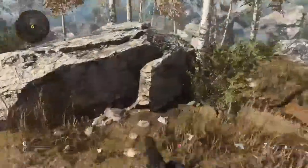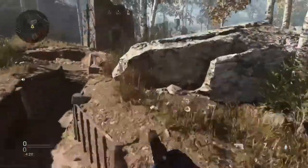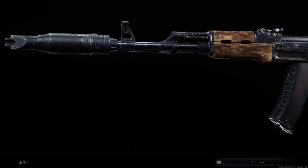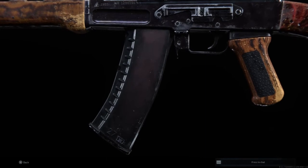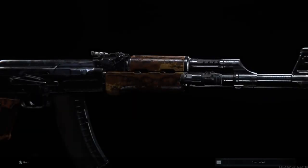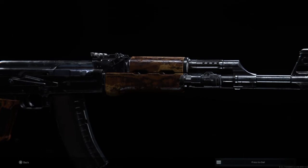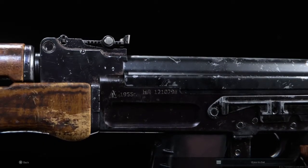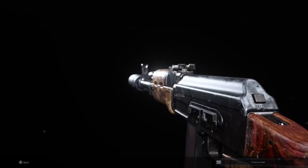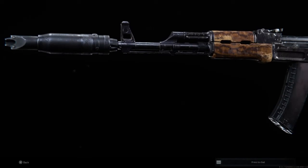But let's go to the facts section of the AKS74U and the AK74. Alright, the AK74 is an assault rifle developed in the early 1970s by Mikhail Kalashnikov, a man who designed the AK-47, in the smaller 5.45 by 39 millimeter cartridge, basically designed to replace the AK-47 because